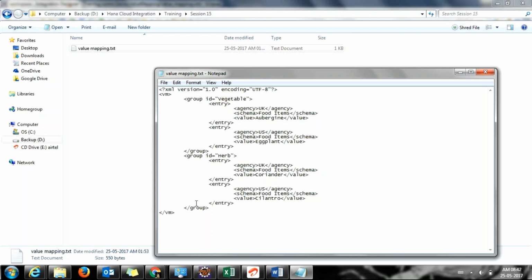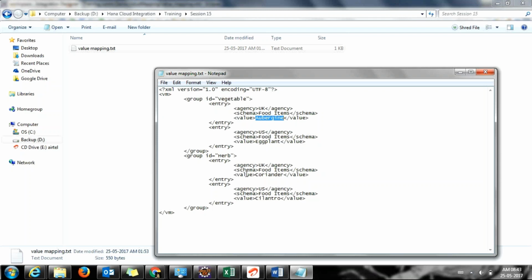We can specify tables in your PI or HCI, both, where those conversions are already defined. So this is a kind of conversion. If from company A your agency and your food item are coming, and the value of that variable is some urban green, anything,